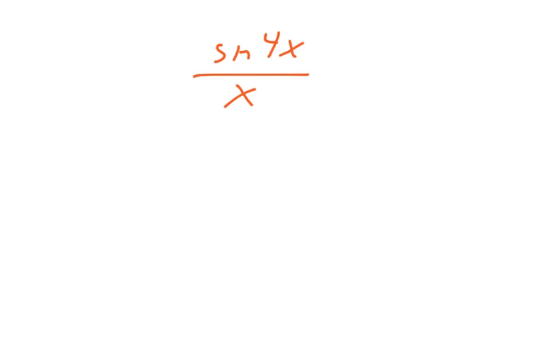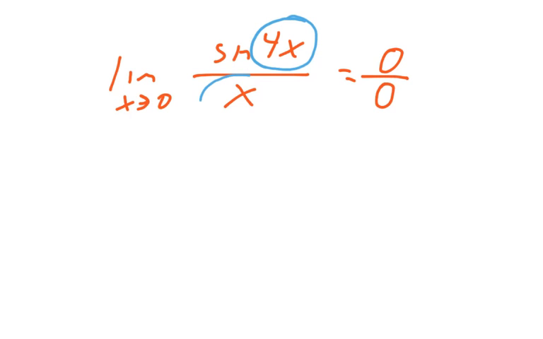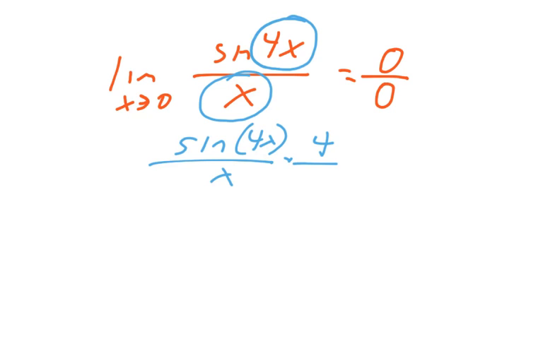Alright. This will be the last one for this section. We have the limit as x approaches 0 of the sine of 4x over x. Now, like in the last one that I didn't show, when I plug in 0, I'm going to get 0 over 0. Now, for these problems, if there's 4x over here, I need 4x down here. So what I'm going to do is take my sine of 4x over x and multiply it by 4 over 4. That way I have the limit as x approaches 0 of the sine of 4x